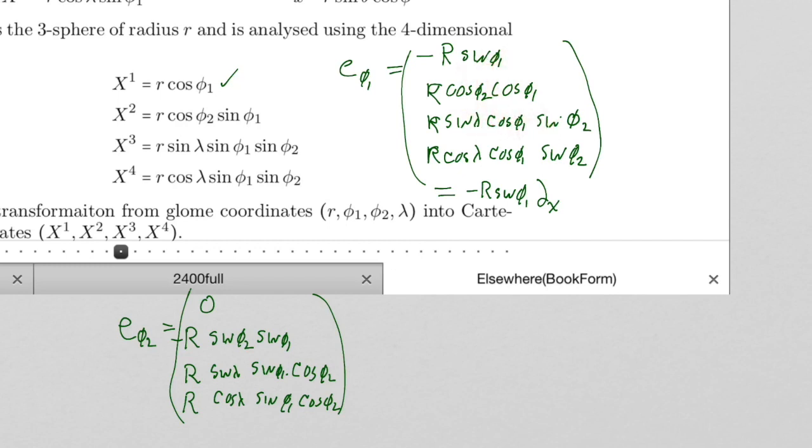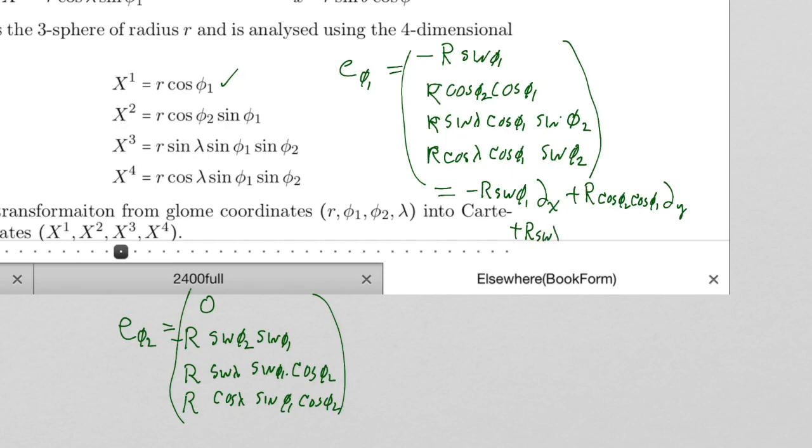The surface coordinates, but the vector is in four-dimensional Euclidean space, and so it has the coordinate basis of four-dimensional Euclidean space. So I'm saying if given phi 1, phi 2, and lambda, I'll tell you the vector in four-dimensional Euclidean space that's tangent to the glome at that point. Okay, so it's that, and then it would be plus R cosine phi 2 cosine phi 1 partial y plus